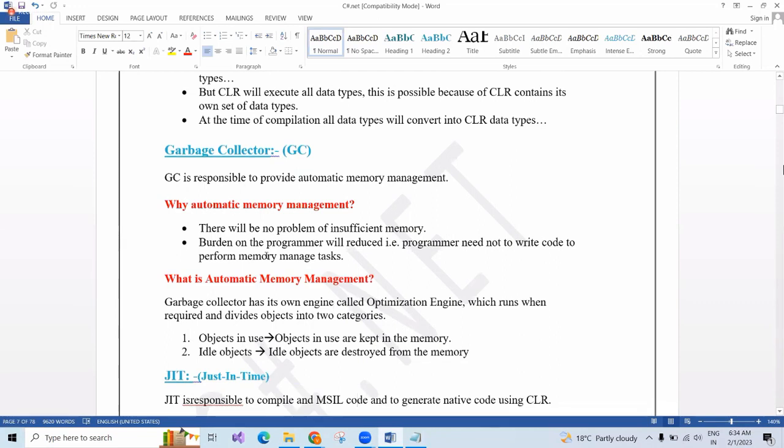In our book, I have written something. Garbage collector is responsible to provide what? Automatic memory management. So there will be no problem.